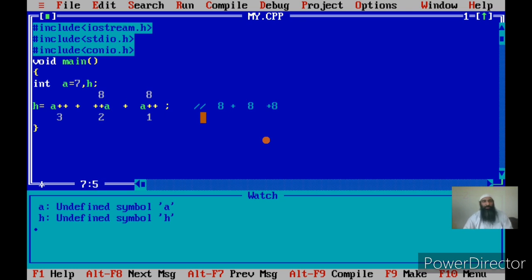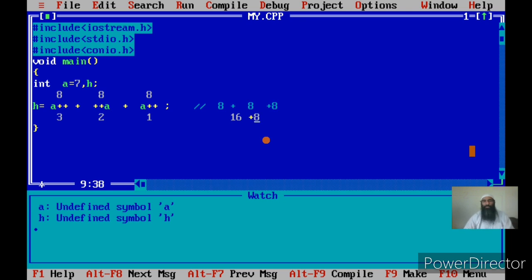So we now have an expression like this: 8 plus 8 plus 8. Now out of this, how many operations will be done? We have two addition operations. These two operations have the same precedence, and since one operation is to be performed, we go for associativity, that is left to right. So 8 plus 8 becomes 16, and after that we are left with 16 plus 8.